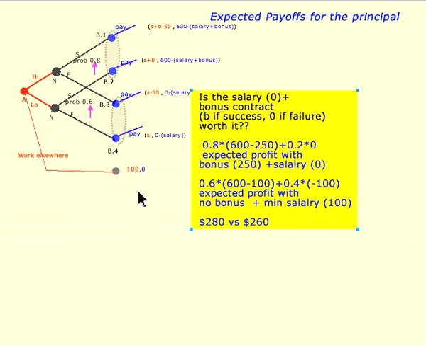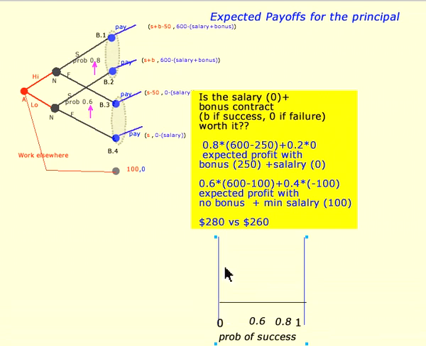Now it turns out if you crunch out these expected payoffs and these formulas, the expected payoff up here is $280 or $280,000, and the expected payoff down there is $260,000. But rather than do the algebra, let's work with our little diagrams. Okay, again, the employer has some beliefs along this axis and some payoffs along this axis. Over on this side are the payoffs if it's a failure, and over here are the payoffs if it's a success.